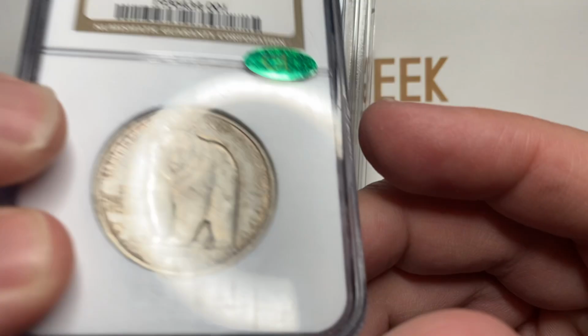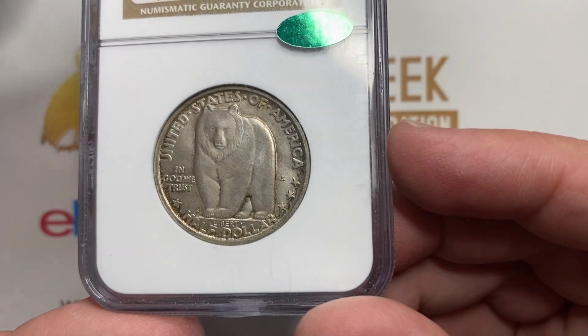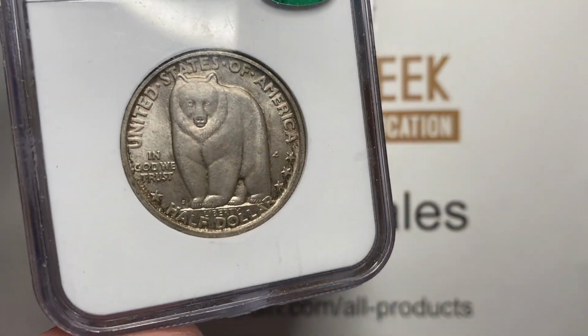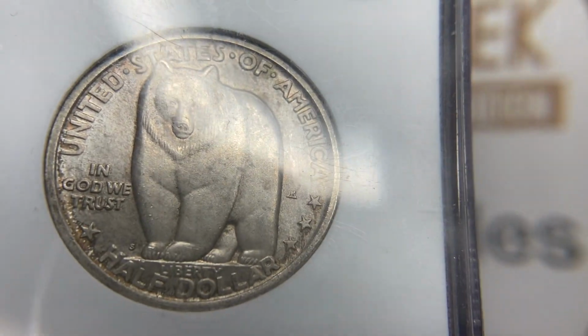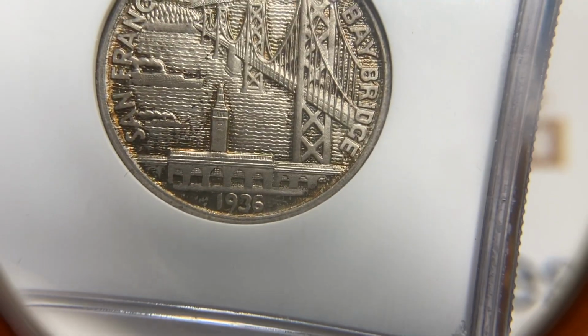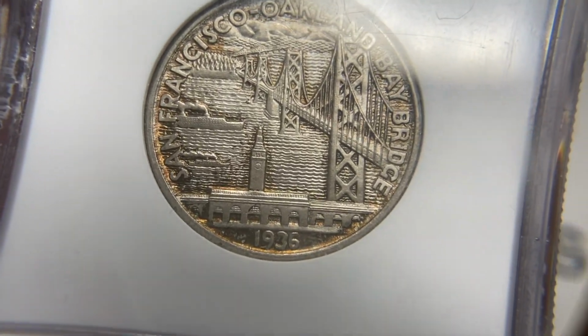And I love this type of toning. I love the originality of it. It's very subdued, and by a lot of people's eye, it is unattractive. So there's some question down the future whether or not... Okay, let me rewind my words. When it comes to a coin like this,